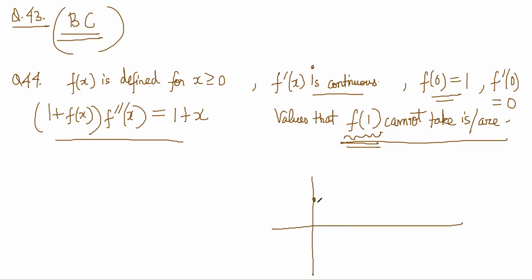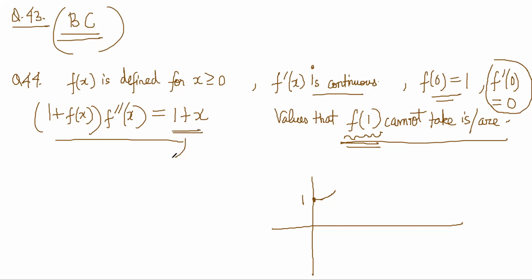Function starts from here. First derivative is 0 here, so slope is almost 0. It starts like this. Either it goes up after that or it goes down after that. f of 0 is 1. Okay, this is 1. Okay, so what we have here is